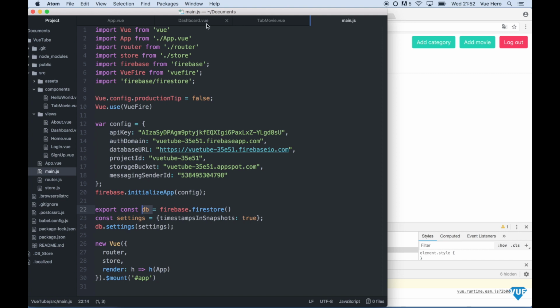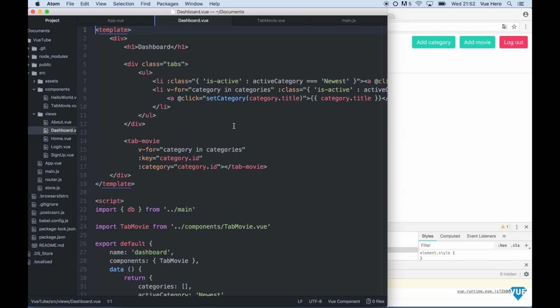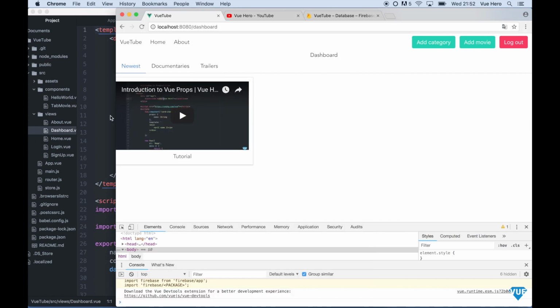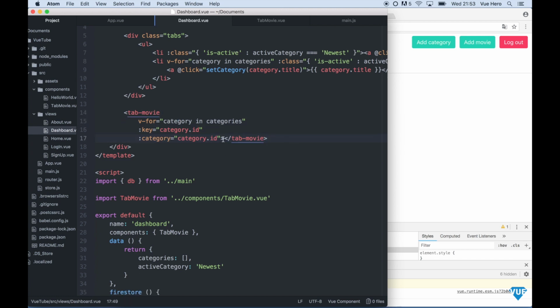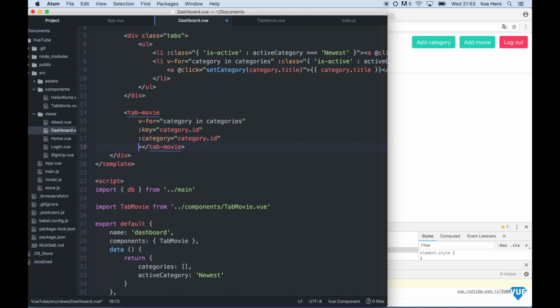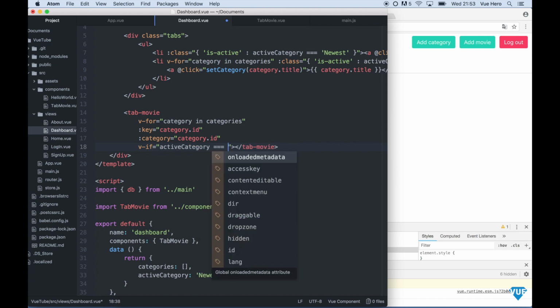Then I have to go to the dashboard.view. These three already have the set category, which is these buttons. So when we switch tabs here, I want to change the content of which of these components are showing. So on this line I can say v-if active category equals